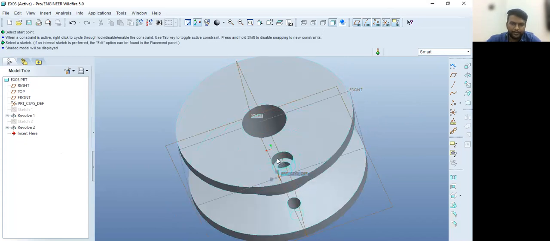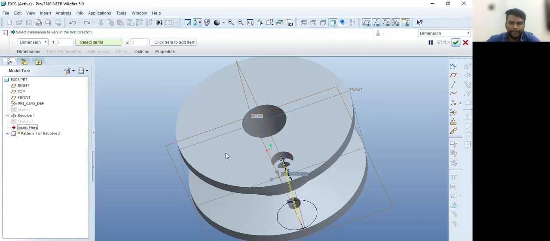From here, select the feature. You can select from here also, or from the tree also you can select. Just select the feature that is the revolve tool, and we are going to make the copy of the revolve tool. From here, you can see the feature, different commands here. So we are going to select the pattern tool.